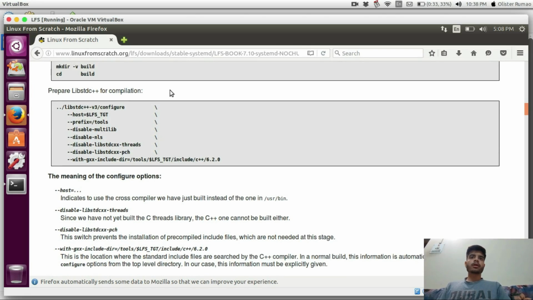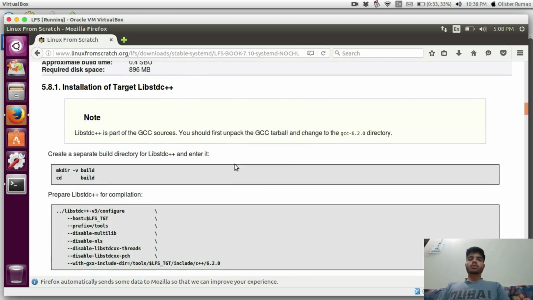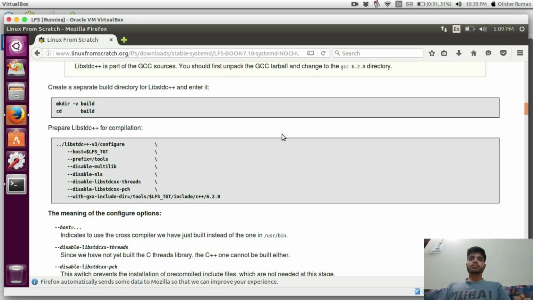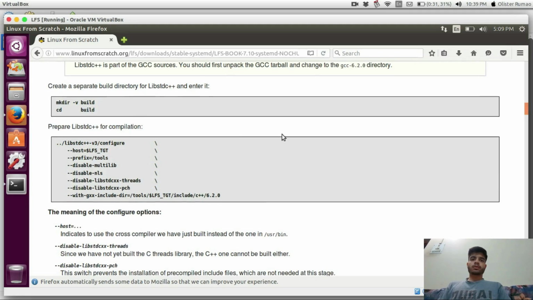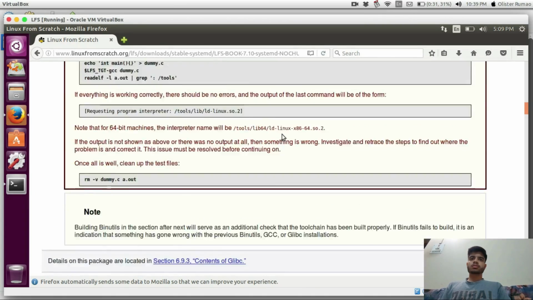I just didn't get the part. Okay, it's a standard C++ library. It is needed for correct operation of the G++ compiler. Okay, installation is a part of GCC sources. You should unpack the GCC tarball and change directory to it. Then we have to make a separate directory. Okay, so how is it different from the